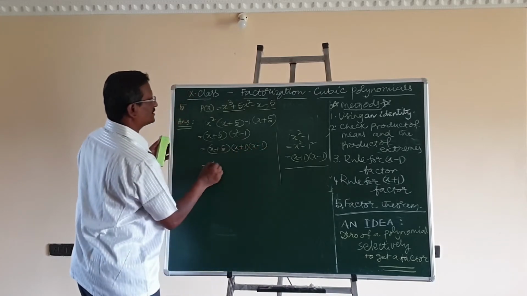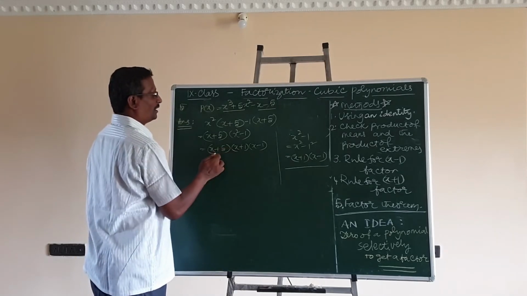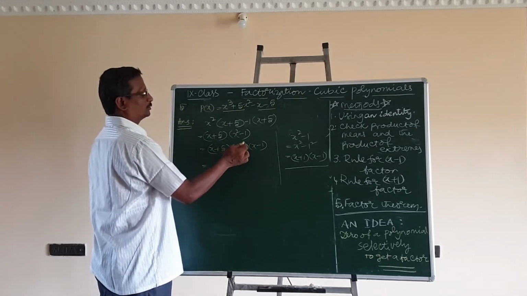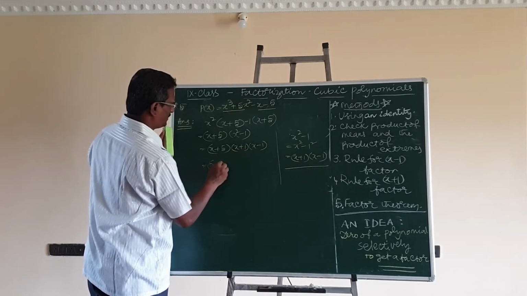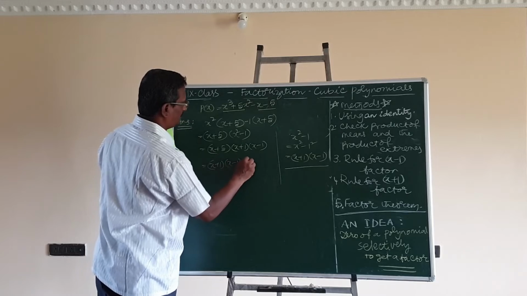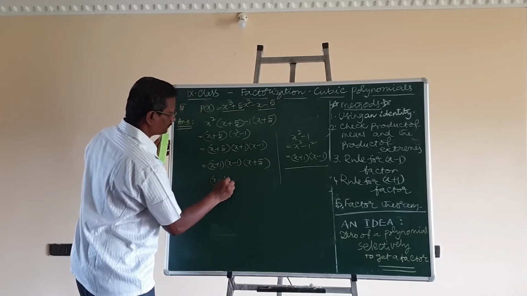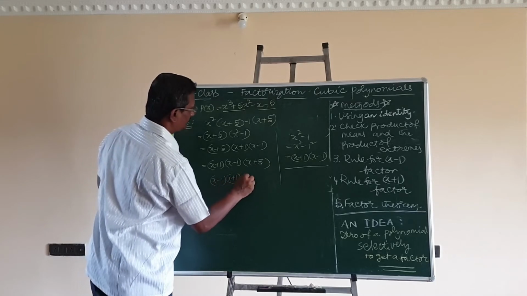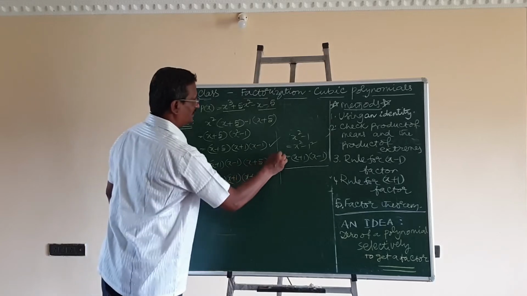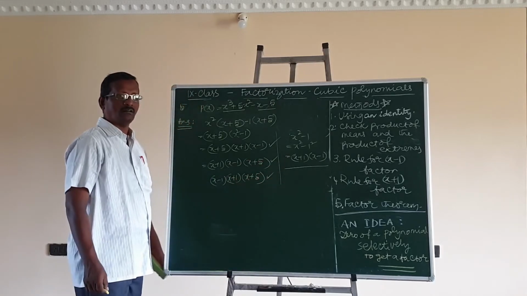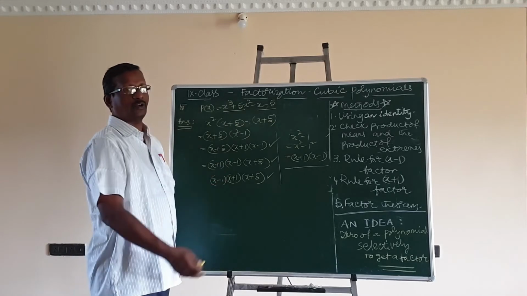Suppose you fail to write the order of the coefficients starting from the smaller integer value, smaller constant, to the larger constant, we can write x plus 1 into x minus 1 into x plus 5, or x minus 1 into x plus 1 into x plus 5. So whether you write this as the answer, or this, or this, all are equal. Next, we will go to the next model question.